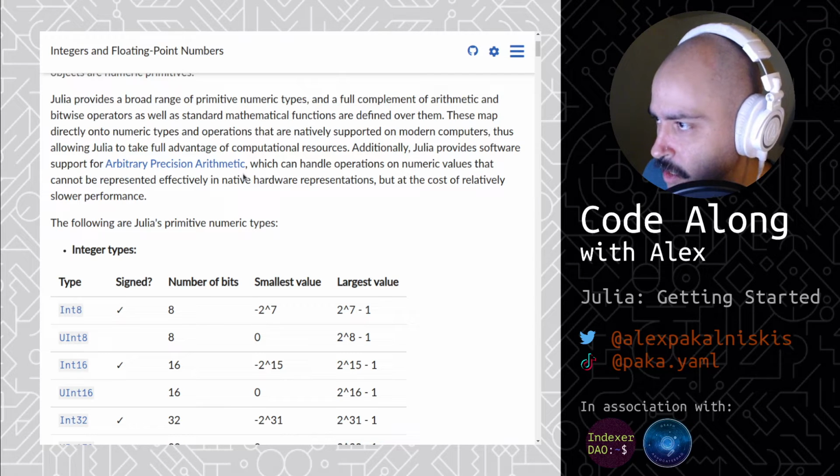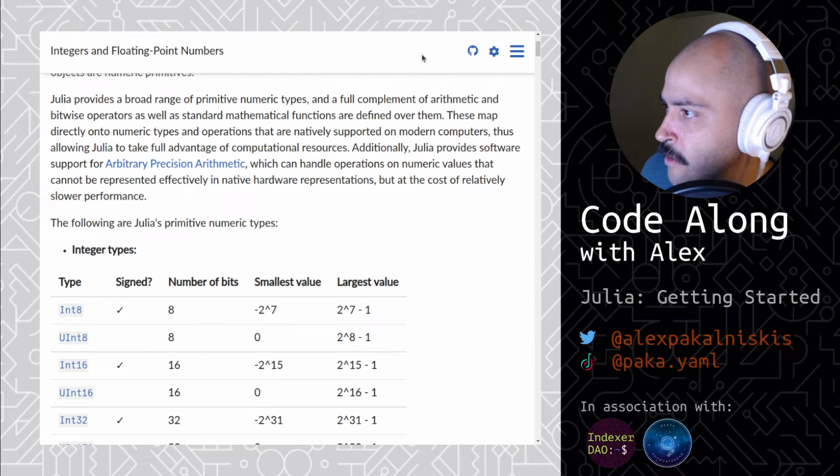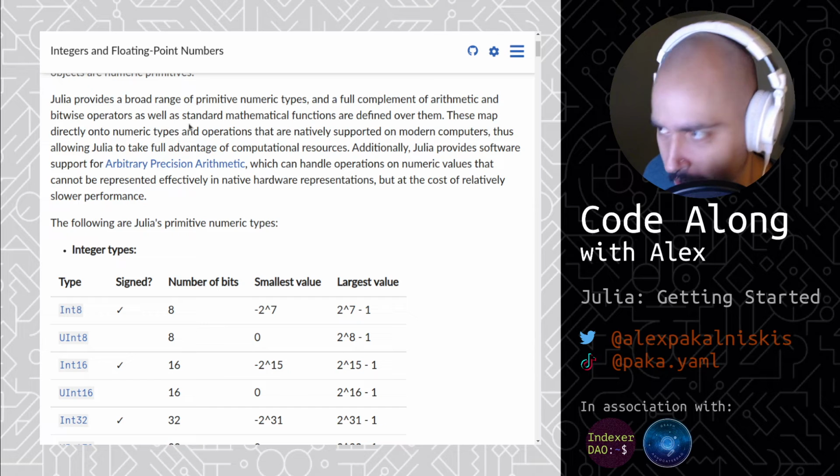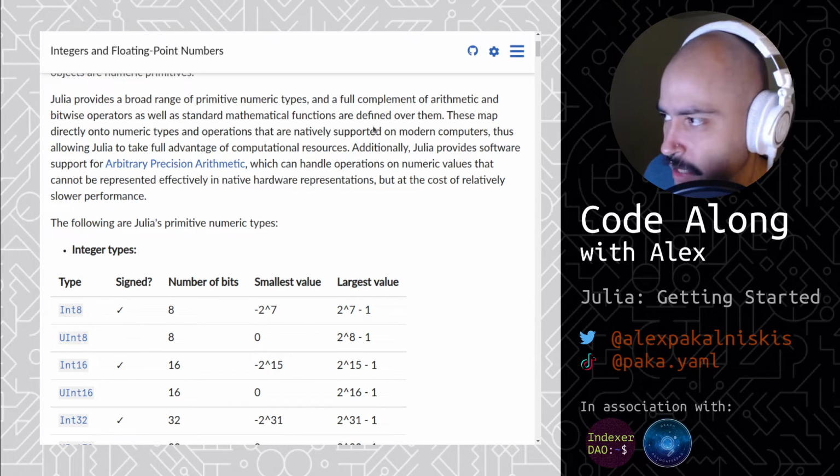So Julia has a lot of primitives available of the numeric variety, and then a complement of arithmetic and bitwise operators and mathematical functions defined over those numeric types. Sweet. So much math. Next,